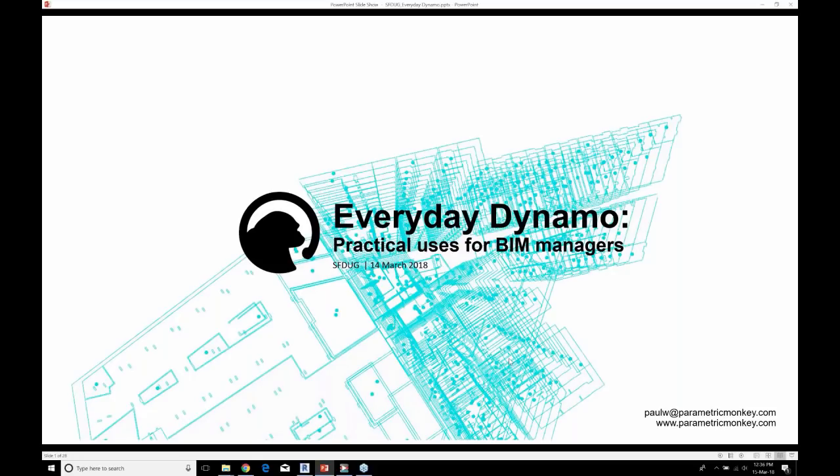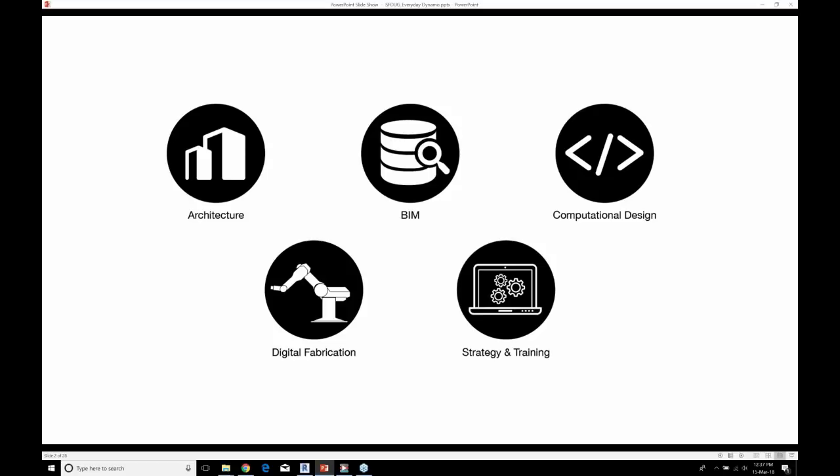But before we get into that, I'll just tell you a little bit about me. I'm the founder of a company called Parametric Monkey. This has been going for around 3.5 years now, and it started off as an initiative to boost the computational literacy within the architectural profession. And just over a month ago, I launched this as a design consultancy. We offer these services, primarily focused around BIM, computational design, and digital fabrication.